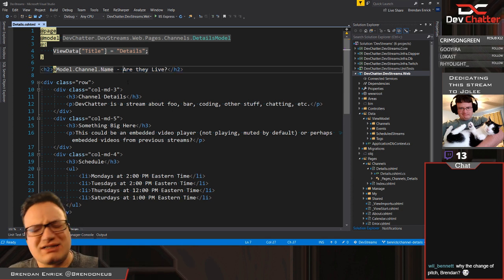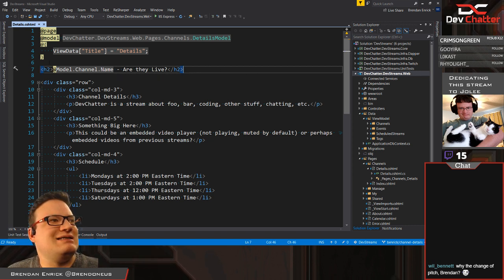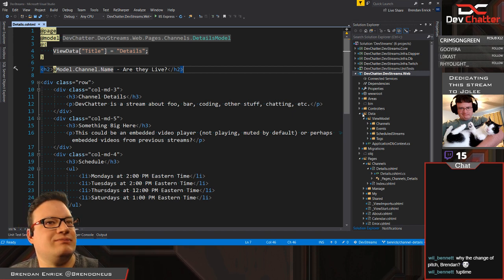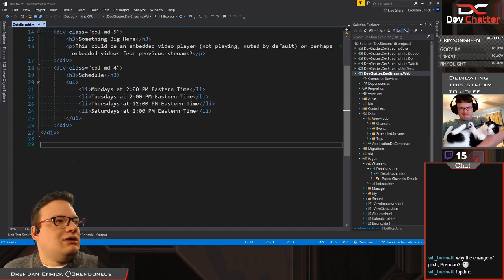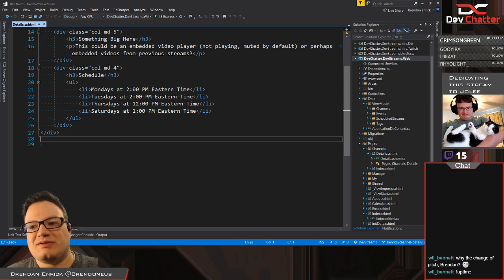That's obviously, it's not going to say are they live. That's a placeholder. But it needs to get set from somewhere. So let's do this. I want to include on the bottom of this page a little bit of script.